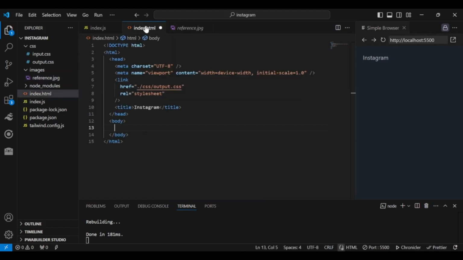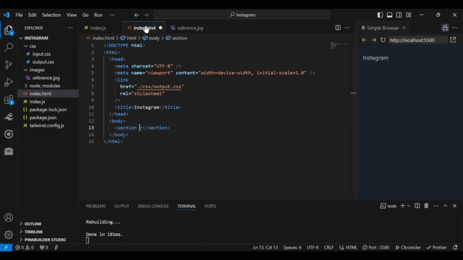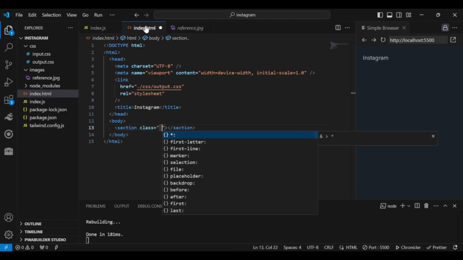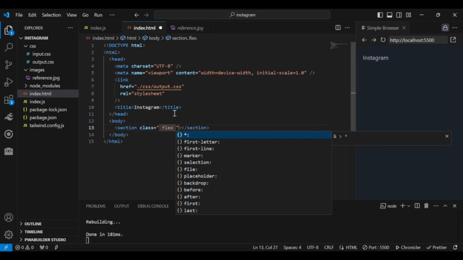So let's define the container tag. This is going to be the section tag. Here I'm going to give the flex class. What the flex class will define is